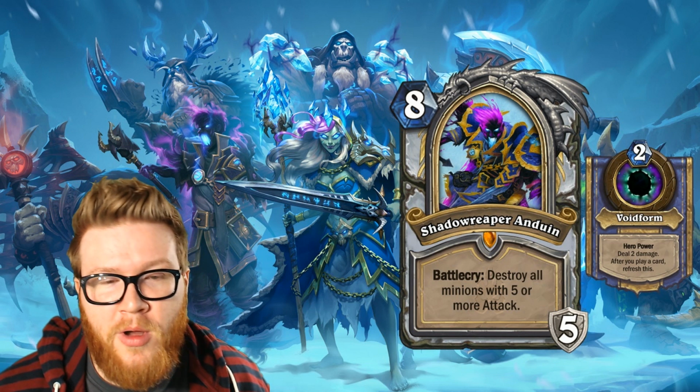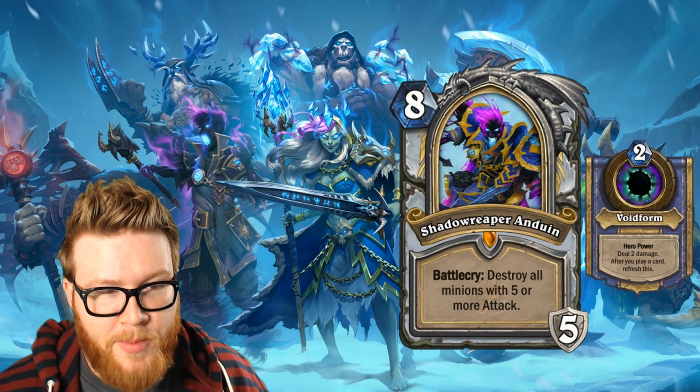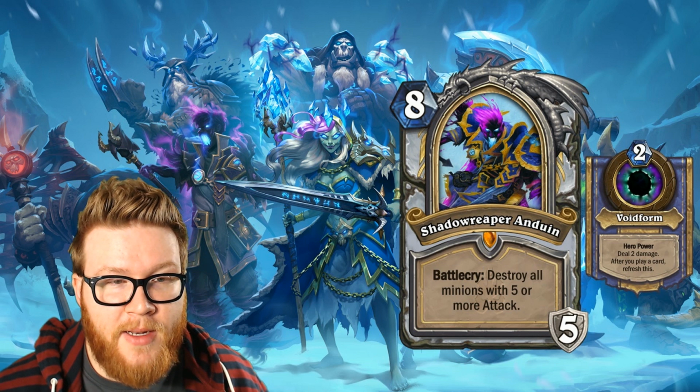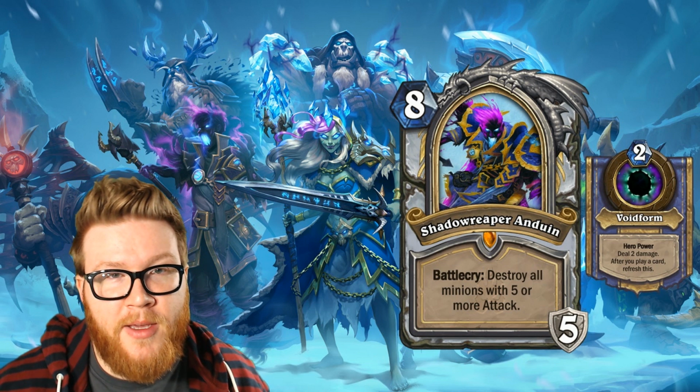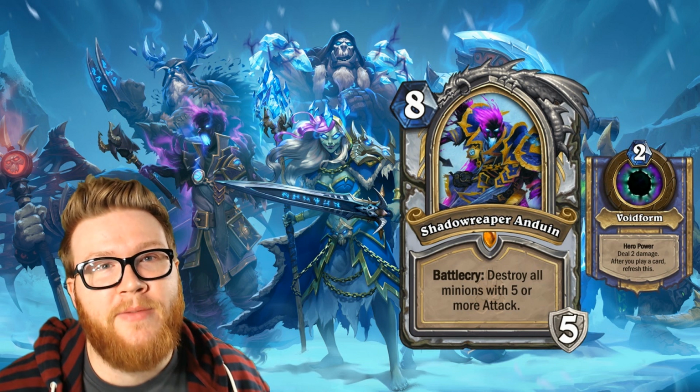It can be a control card. It can be a face damage kind of card. Shadowreaper Anduin's battle cry itself is really strong. This feels like the kind of thing that almost any priest could run. I don't think you have to design a deck specifically to support it, although it probably gets even better in that case,